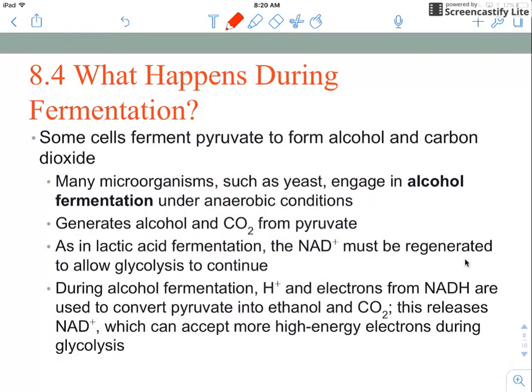In other organisms, another type of fermentation is alcohol fermentation. Many microorganisms, such as yeast, engage in alcohol fermentation. Same reactants, pyruvate goes into alcohol fermentation in the absence of oxygen, but different products. The products are alcohol